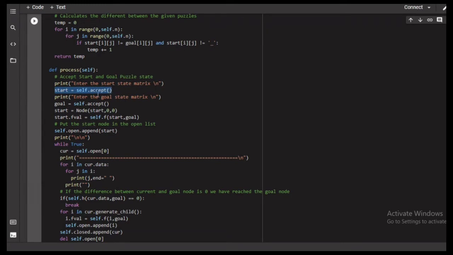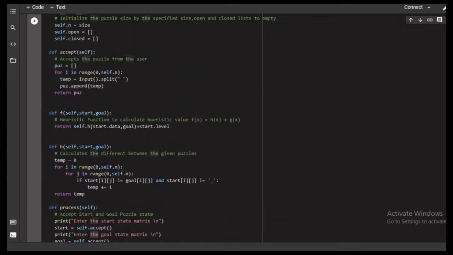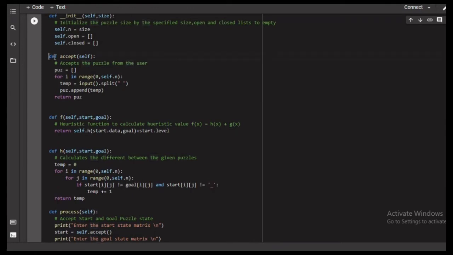So here is that method, the accept method. What we are doing here is initializing an empty list, that is puz, and we are accepting a matrix and storing it in temp, so for i in range 0 to n, that is, it will run from 0 to 3.